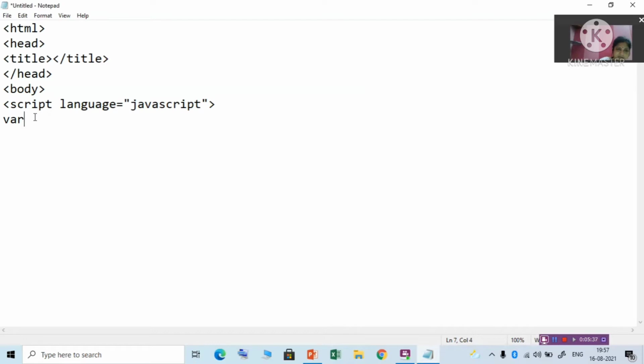Suppose we want to add or subtract any two numbers. We can take variables a, b, then c. Suppose we write a is equal to prompt, enter first number. B is equal to prompt, enter second number.